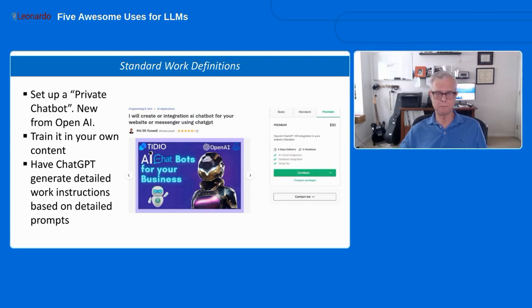So this is an example of how you maybe used to do it before. There are a lot of third-party people trying to help with this, providing products, but unfortunately, I think OpenAI has kind of made them obsolete. But build your own ChatGPT, so to speak, with your own information and be able to do whatever you want with it, including standard work definitions, which could be pretty cool.